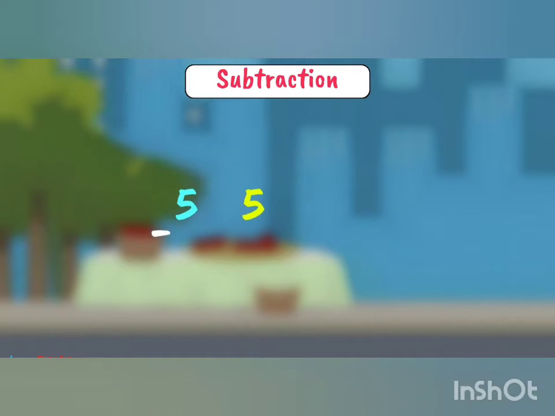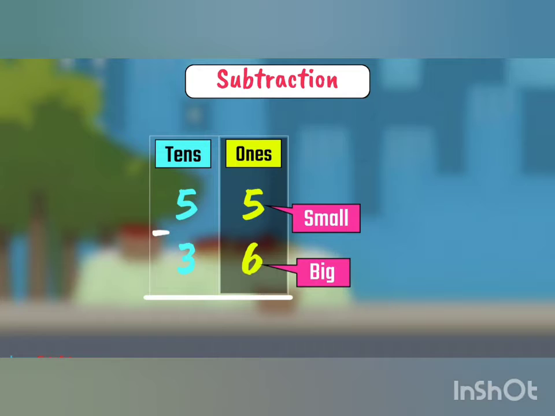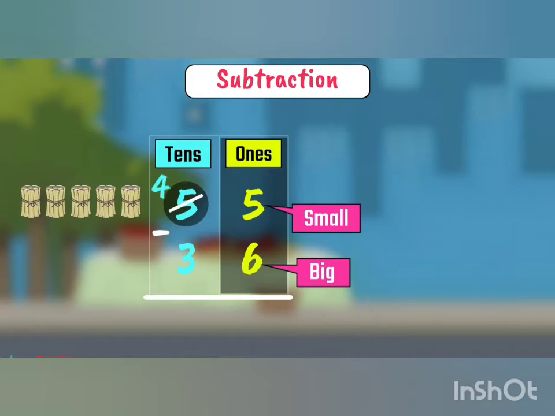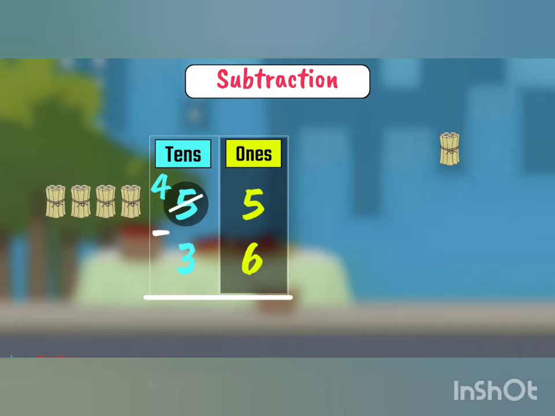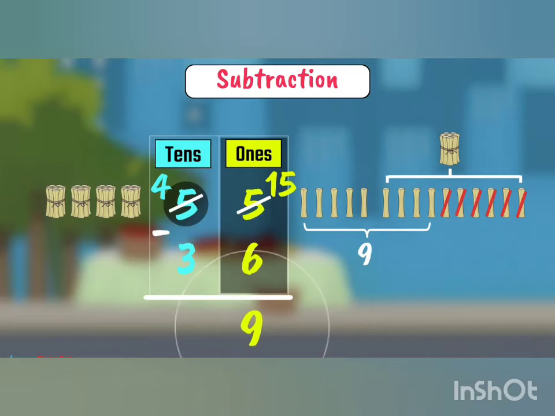So let us see the solution of this word problem. Kids, first of all, note both numbers in place value chart. And here again what we observe is that 5 is small and 6 is big. So we will borrow from 5 and cross out here and we'll write 4 here. And 1 tens will be placed at ones place and will be regrouped into 10. Then 10 plus 5 will be 15. And what we have to do now? We will subtract 6 from 15. Yes, and we will get 9.